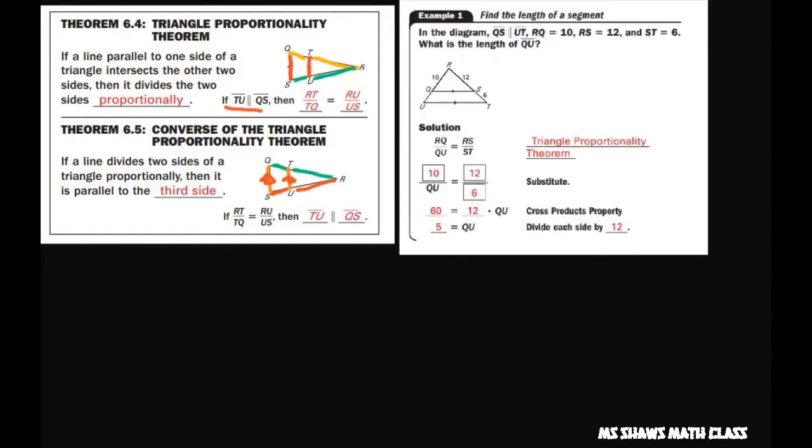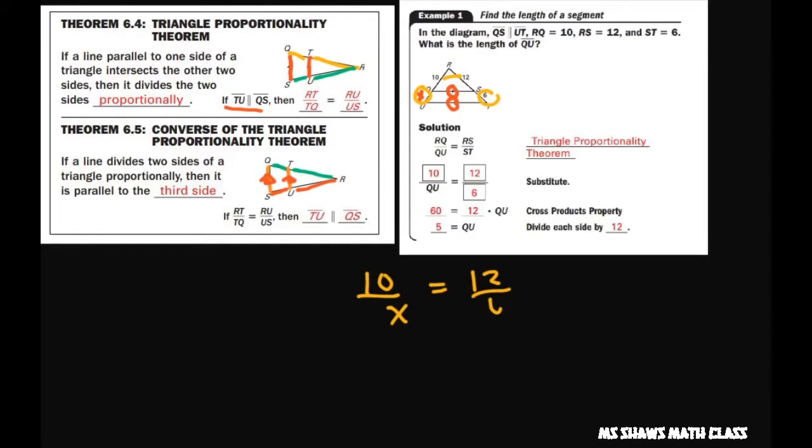All right, so here's an example. We want to find this value here. I'll just put an X there. So we have two parallel lines. You can see by the markings, those are parallel. So you can set up the proportion as RQ, which is 10, divided by QU, which we're calling X, equals, and you just go across there, 12